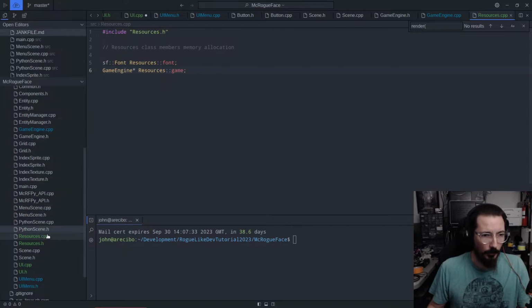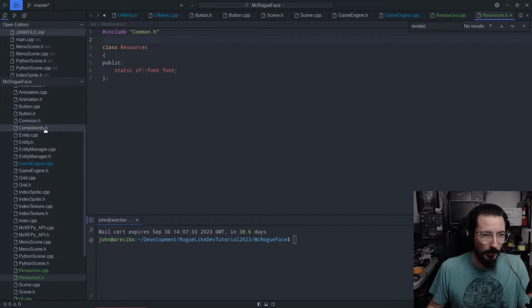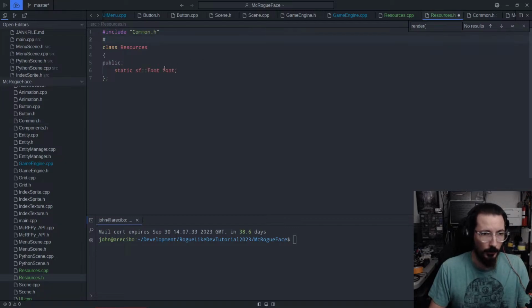We need to add it to the resources space, which in both cases, if I include common, does that automatically include game engine? No. So let's include,